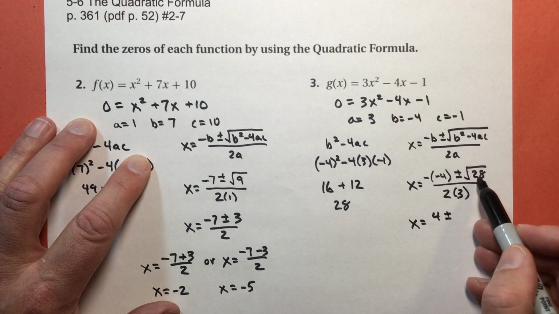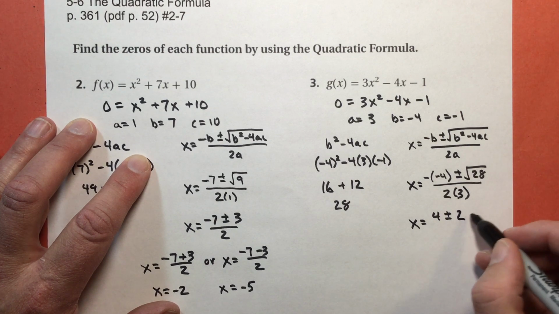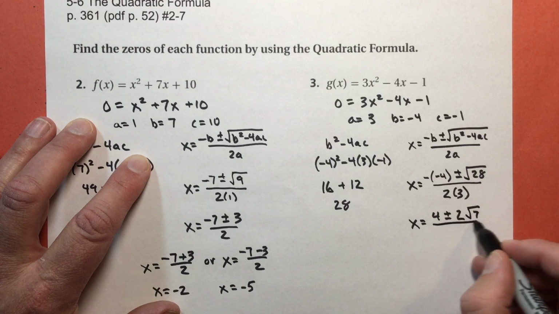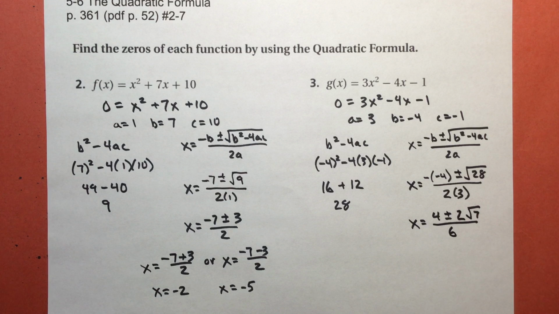Square root of 28. 28 is 4 times 7. So I get the square root of 4, which is 2, times the square root of 7. And 2 times 3 equals 6. Now,